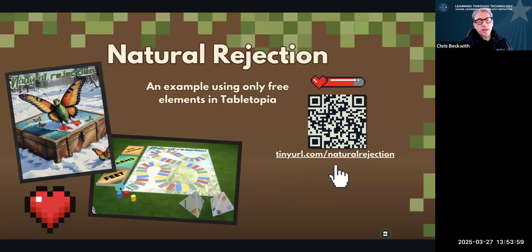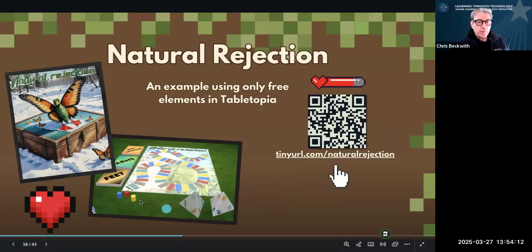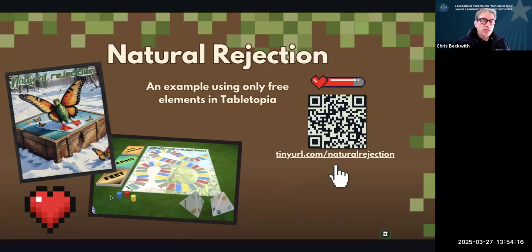I imported the board, and I imported the textures, the skins that are used on those pyramidal dice, and I just used the generic default game playing pieces that are there. I created the graphics for a few of the playing cards, and that was all with the free version. I want to point out there's no coding involved here. You're not programming anything about how the game moves. You're just putting pieces on a board.